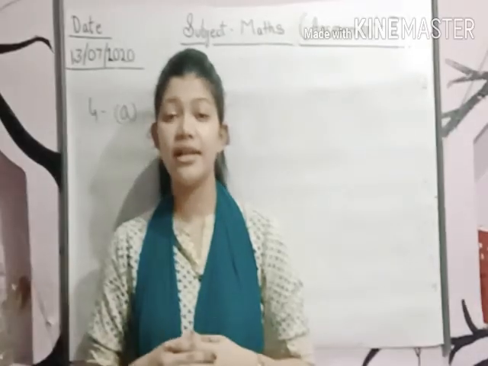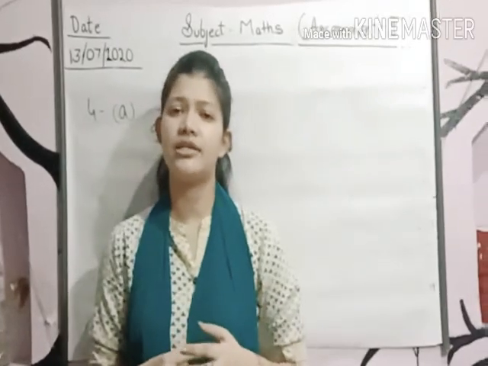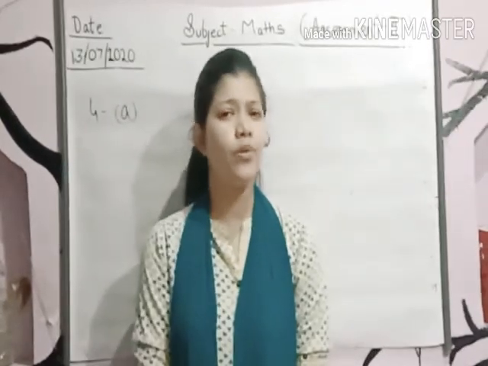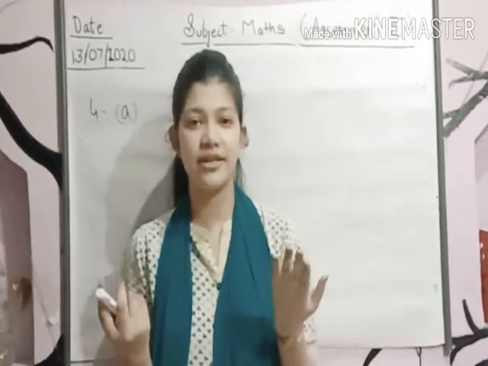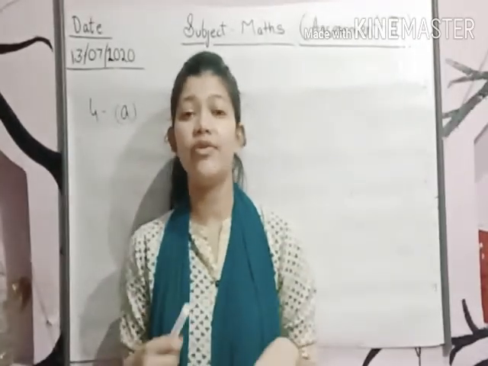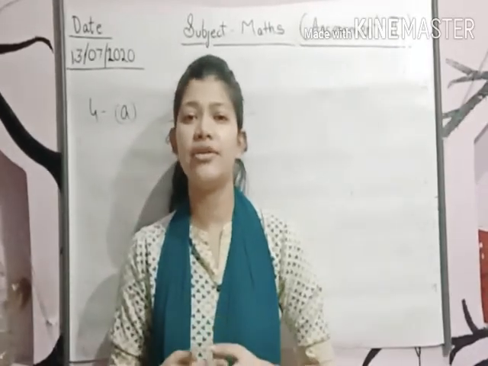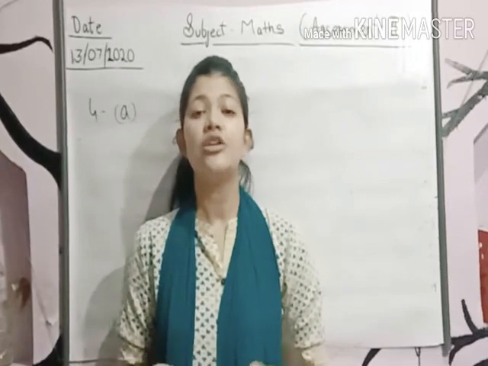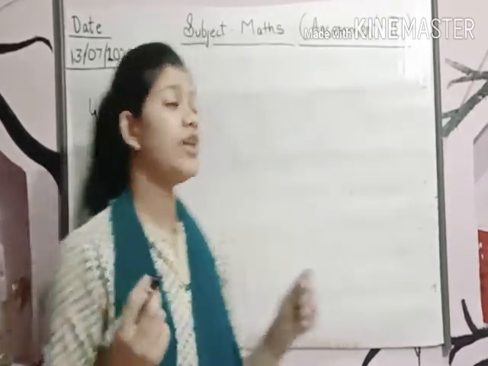First, a bicycle has 2 wheels. How many wheels are there in 6 bicycles? Now students, I hope you all know what a bicycle is. Yes, what is a bicycle? A cycle that we use to ride. Yes, and mostly all children have a bicycle. Yes, so a bicycle has how many wheels? What do you mean by wheels? Wheels means,